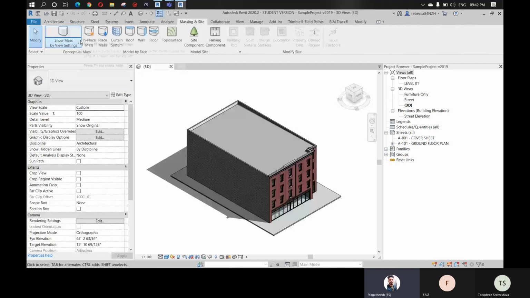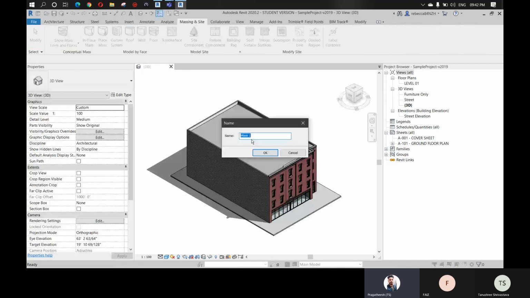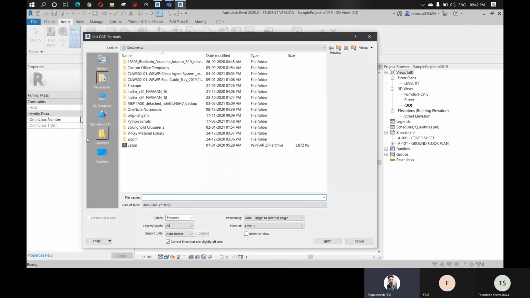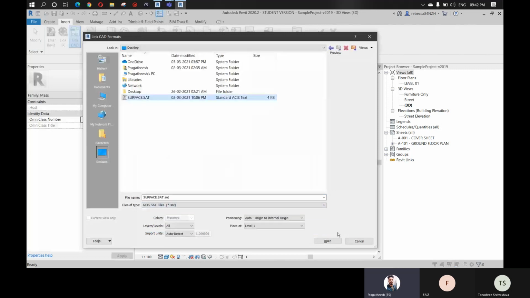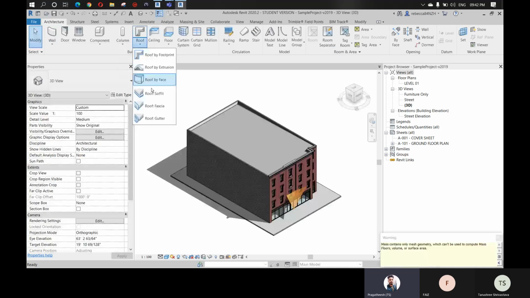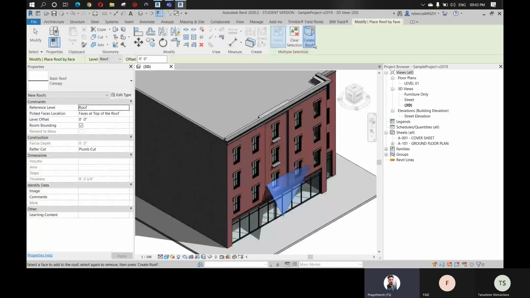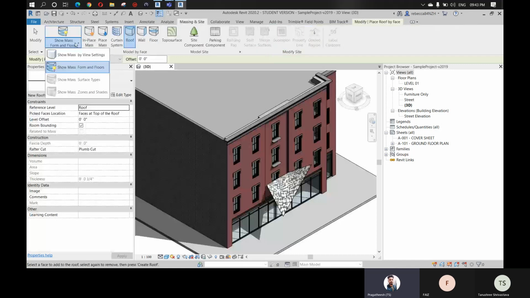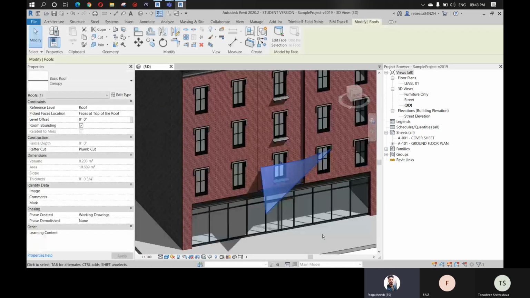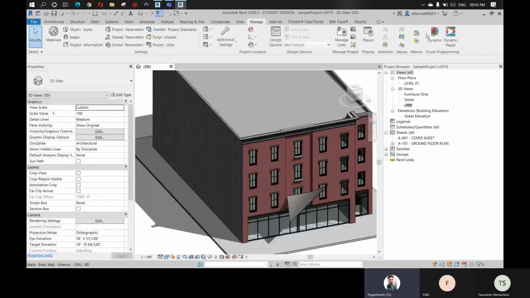So we can do the same thing that we have done in place and link the SAT file. Okay, so now we can open the Dynamo.